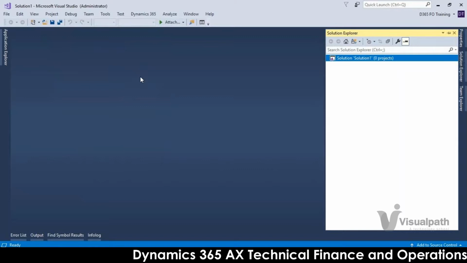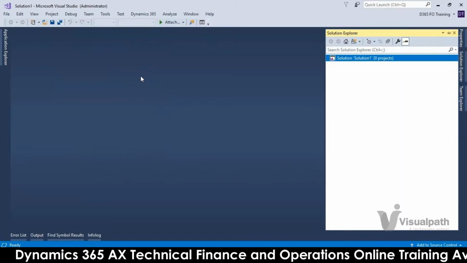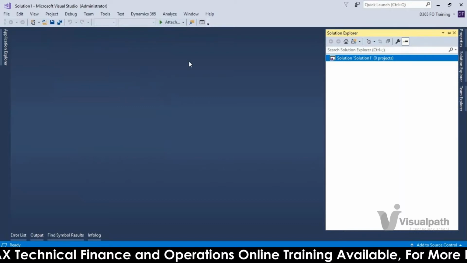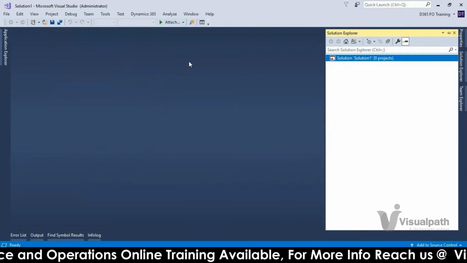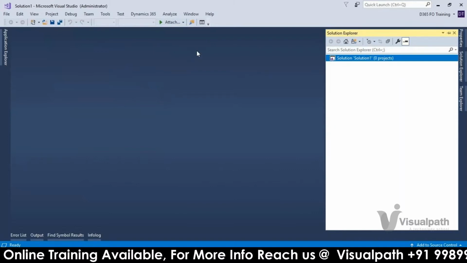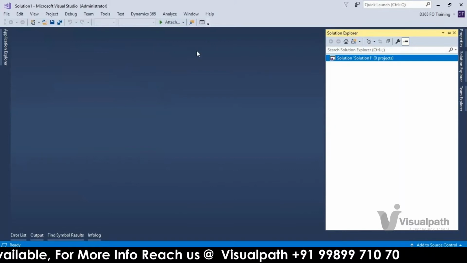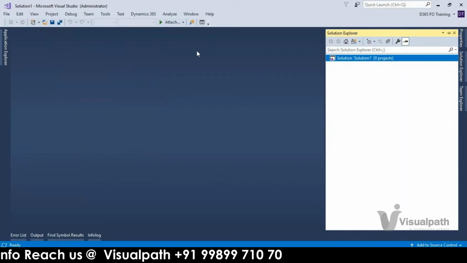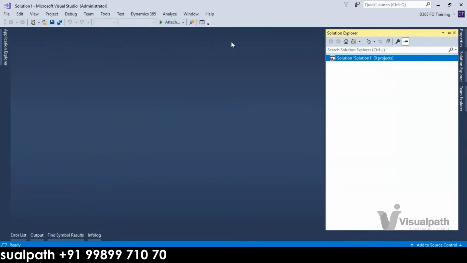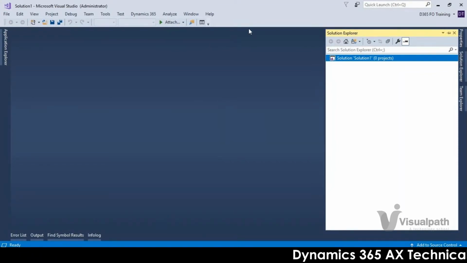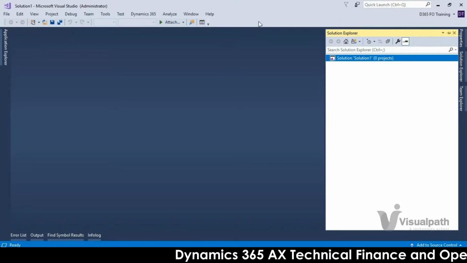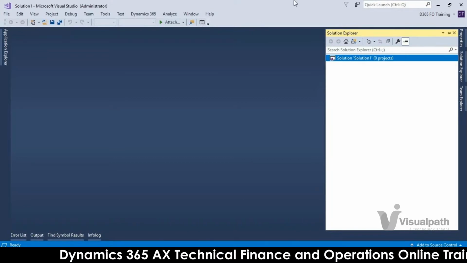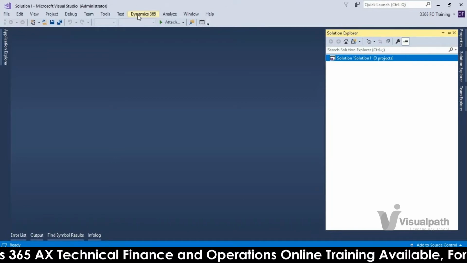Okay, it is too early to tell all those things. Let's go through it one by one and we will see while deployment. There is no option to deploy it from Visual Studio to any other environment. Let's go one by one, and we can discuss that at the deployment stage.